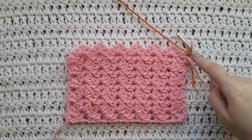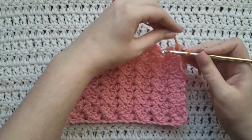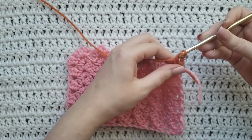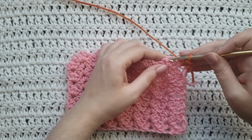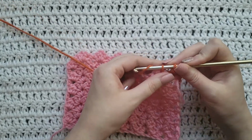You're going to start with one chain on your hook. You're then going to work one half double crochet into this first stitch right here. Now we've come to our first previous sprig stitch. You're going to be working into the little space right here at the very top. So you're going to work one single crochet,